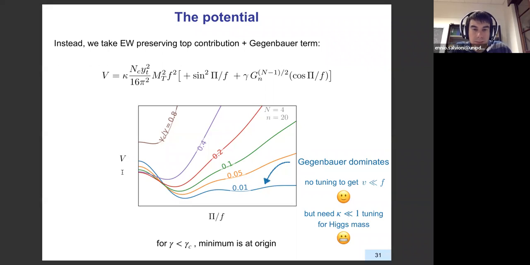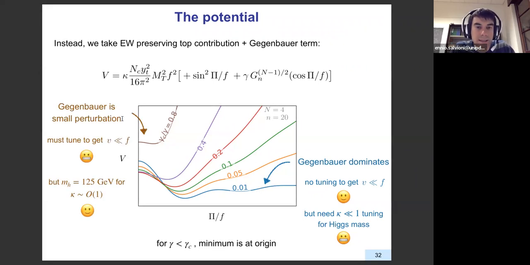Right. So this is the regime where the Gegenbauer is winning. And the other possibility is instead the other end of the plot. Here, the Gegenbauer is just a perturbation. And you see it's clear, right? It's just giving a little tipping of the potential here. So here, there is no mechanism that would get a small VEV. There is tuning. We need to tune to get the VEV. However, the mass of the Higgs comes out about right. This helps a bit with the mass, so there is some help from this size. So nothing works at either end. There is a problem. That's the conclusion.